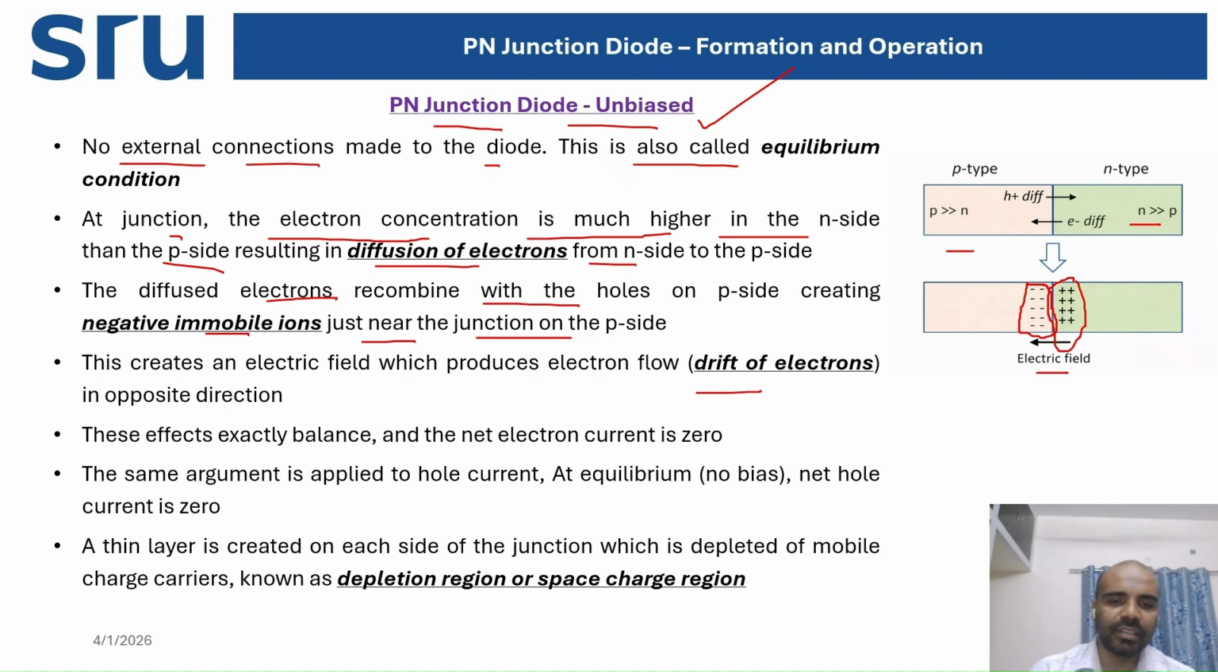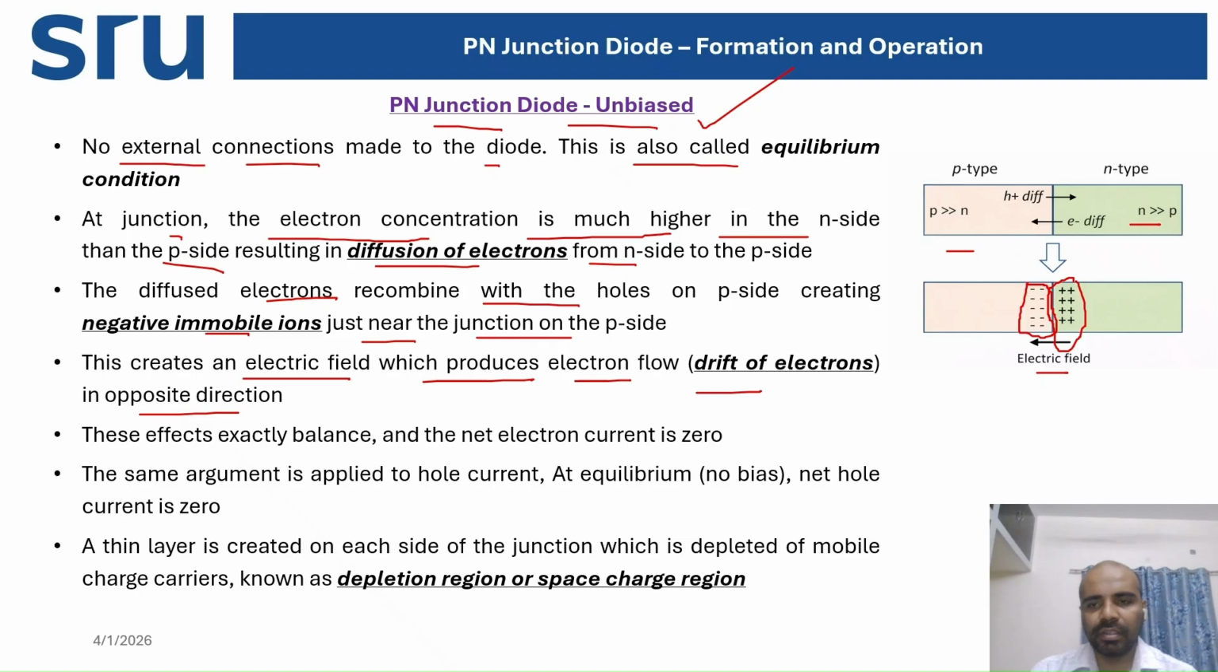We have already discussed these things, right? So this creates an electric field which produces electron flow, or drift of electrons, in the opposite direction, right? As long as the strength of this generated electric field at the junction is high enough, it starts to prevent the further movement of electrons or holes, or the recombination of electrons or holes at the junction, right? And a depletion region is formed, right? We have discussed